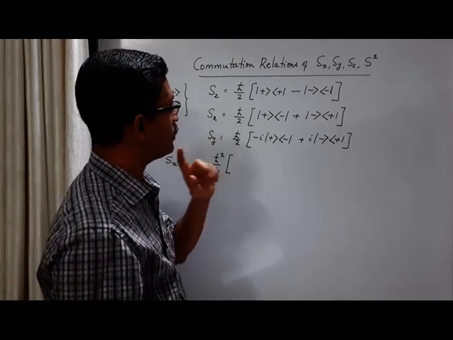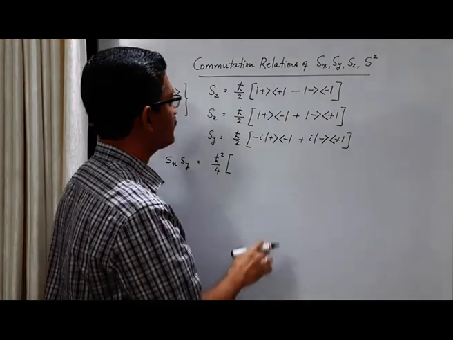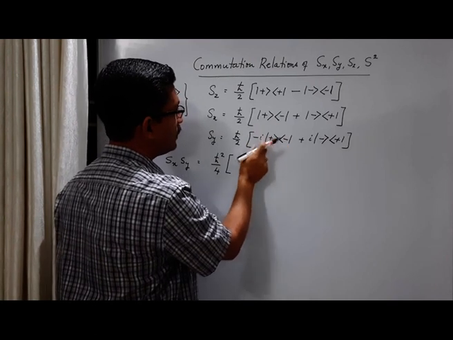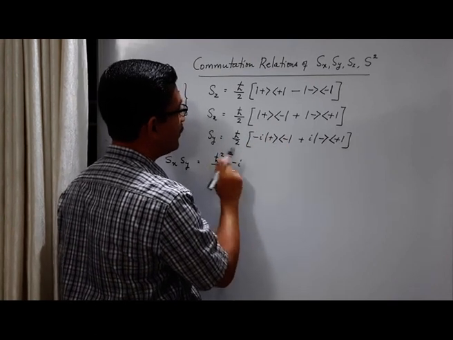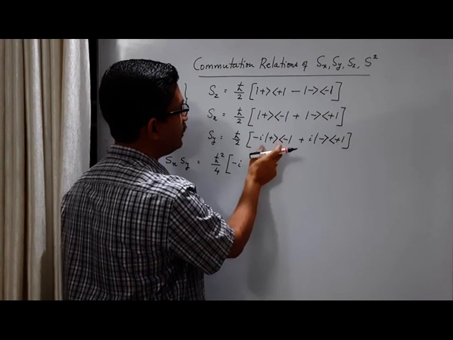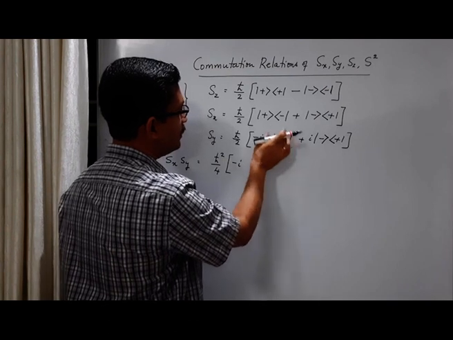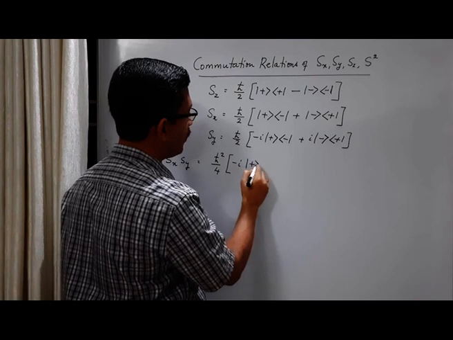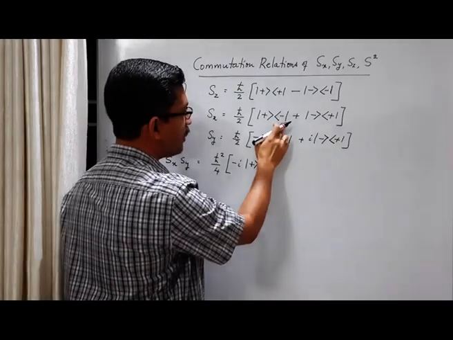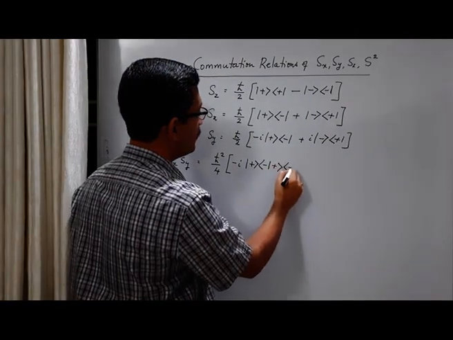Now there will be 4 terms. There are 2 terms here, 2 terms here. So there will be 4 terms. Let us write them explicitly. So this term into this term. What you get is there is a minus sign, minus i. Then you have ket plus bra vector minus into ket plus bra vector minus, right? So this is the order, ket plus bra vector minus. This acts on this one. So this bra vector will act on this ket vector. So we have ket plus bra minus.